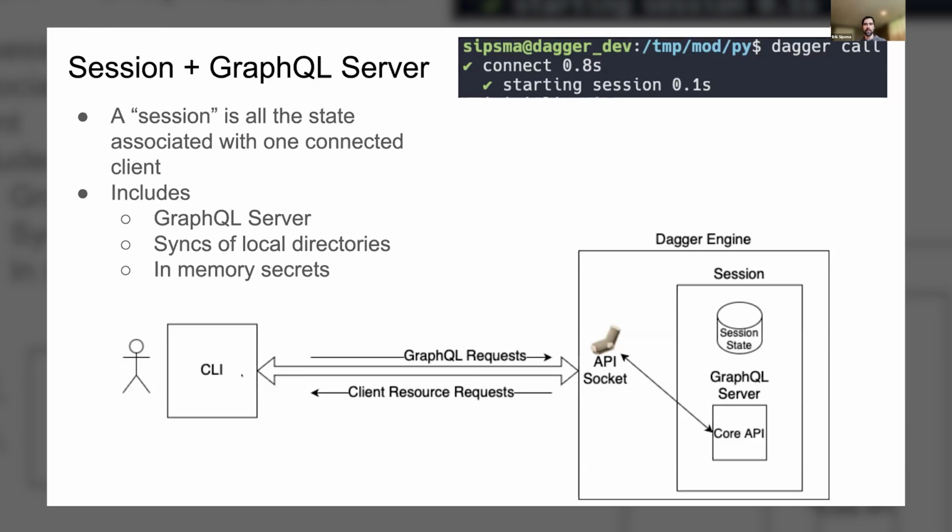And specifically what it does is it sets up something called a session. And so a session is the state that's associated with one connected client. And so if you have multiple clients connecting to the same engine, then they're all going to get their own session. I'm not going to go over all the state that's associated with that, but the really important stuff is